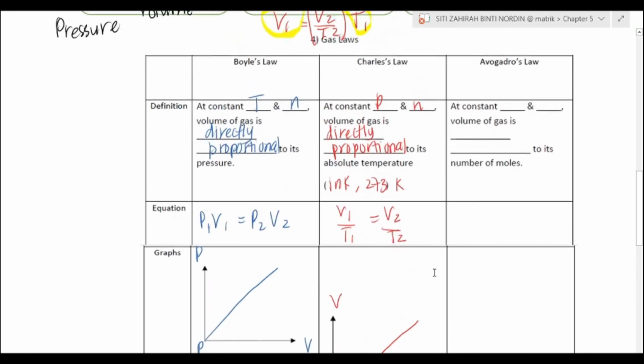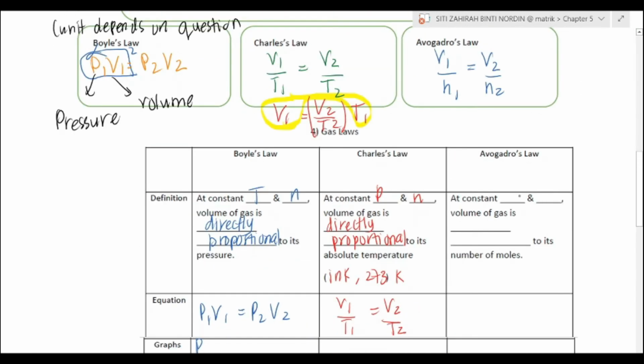Lastly, Avogadro's law. For Avogadro's, at constant T and P, volume of gas is again directly proportional. So you need to arrange N1. Your Avogadro's law would be V1 equal to V2 over N2 times N1. So your relationship would be V1 is equal to N1, so the relationship would be directly